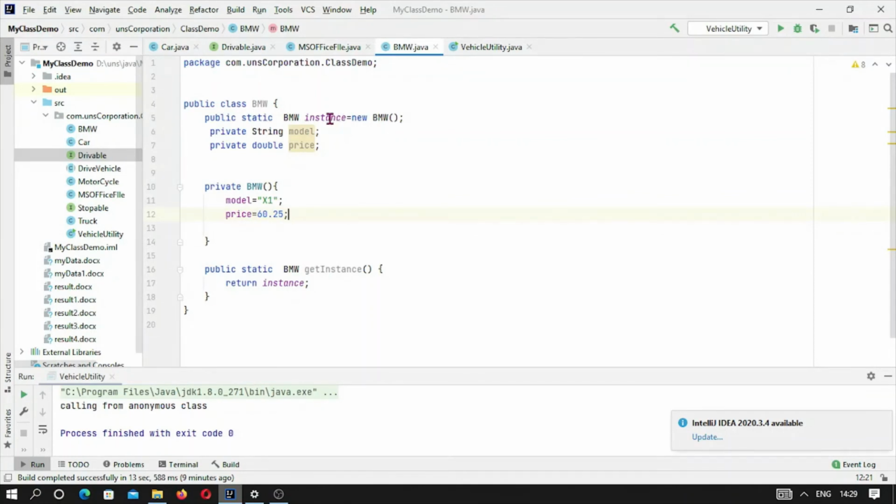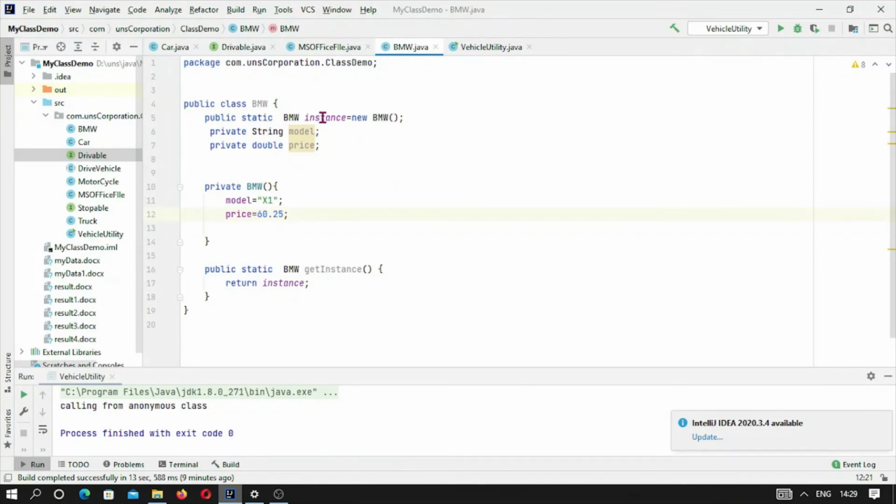Now here there are two private fields: this is a String model and this is a double price, okay, and these two fields have been initialized inside the private constructor. This model is X1 and the price is 60.25, and this may be taken in lakh. Okay, and see, this is a getter. By this getter only we can get this field.